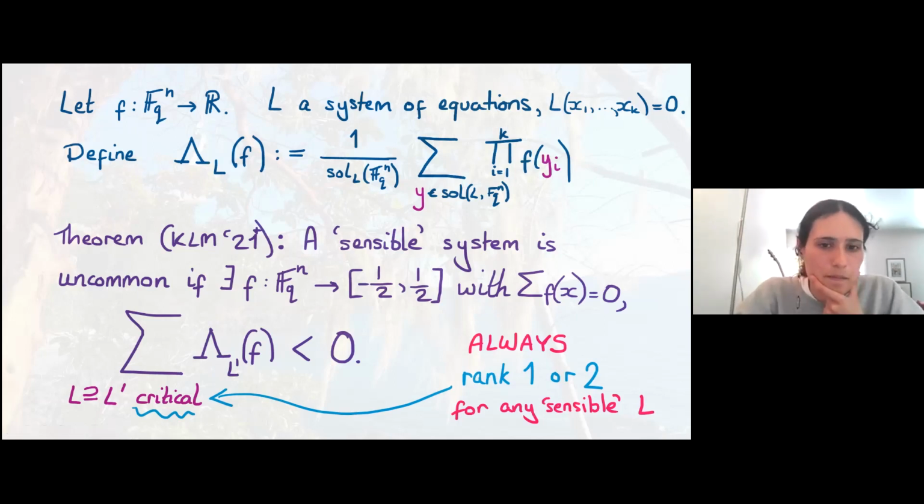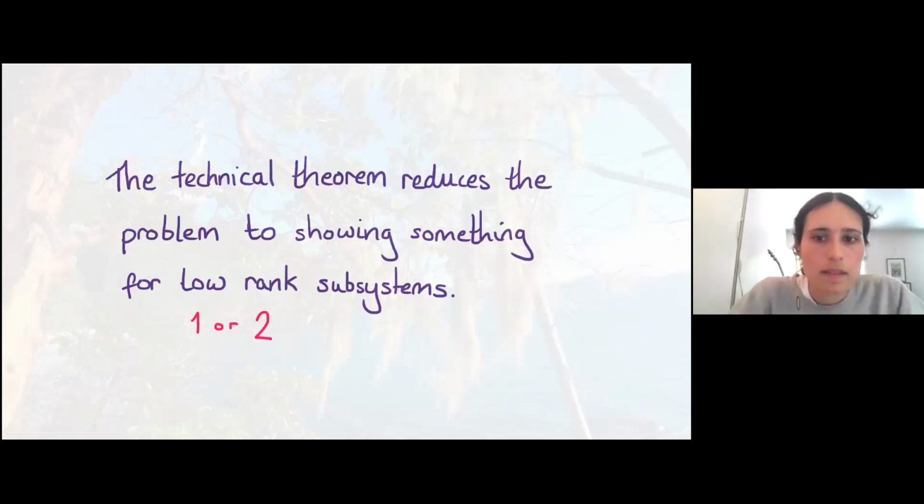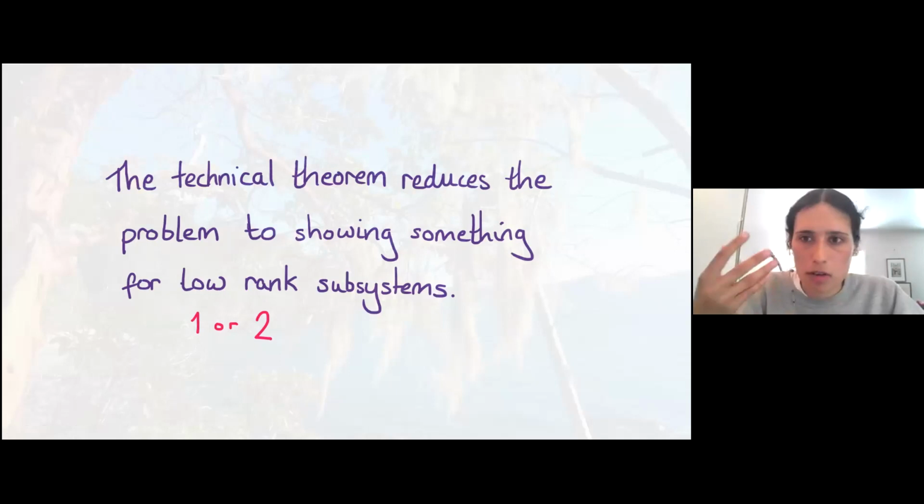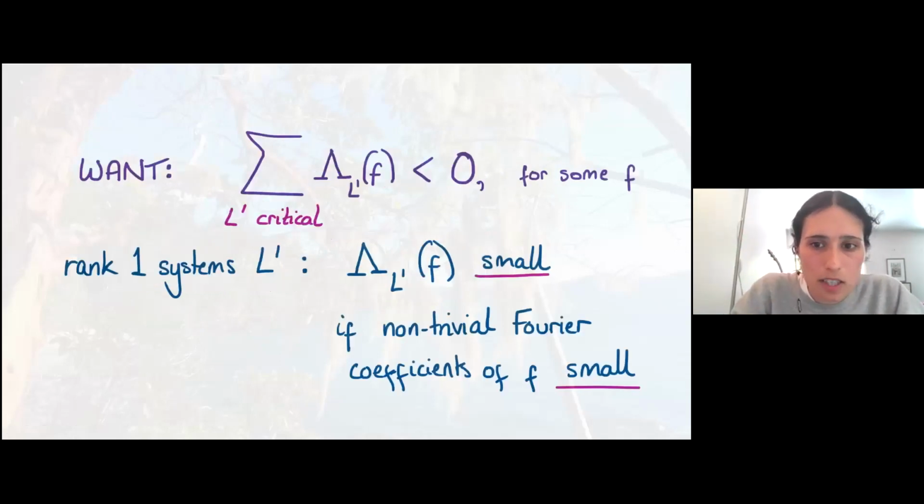So that's why this is what we use to prove our theorem. And I guess the key point is that it reduces the problem to showing something for these low rank subsystems. And how do we find this function? Well, we kind of use ideas that come from this construction of Gowers using quadratic Fourier analysis. So essentially,